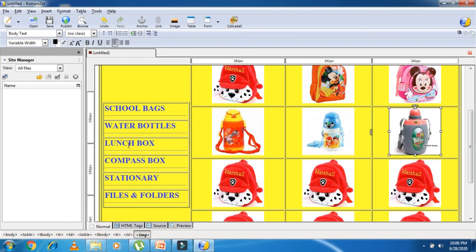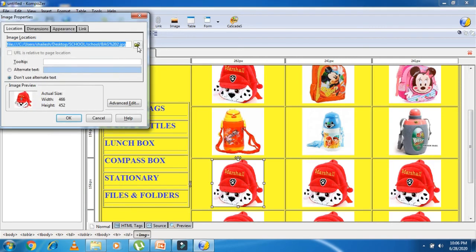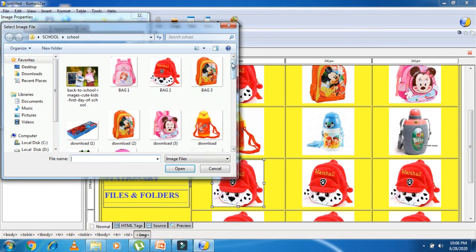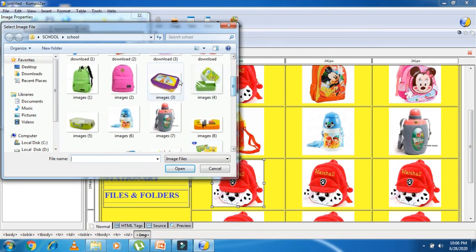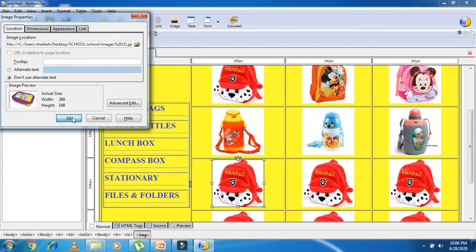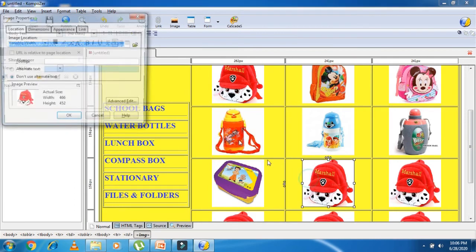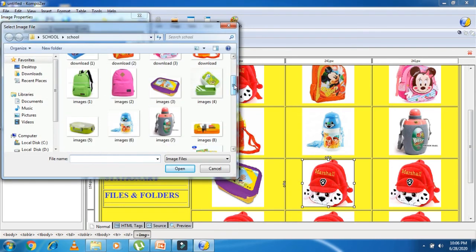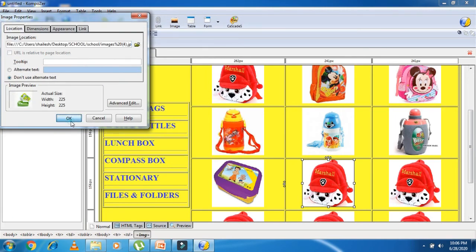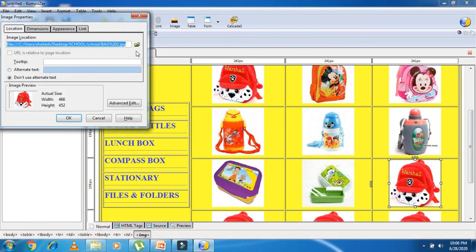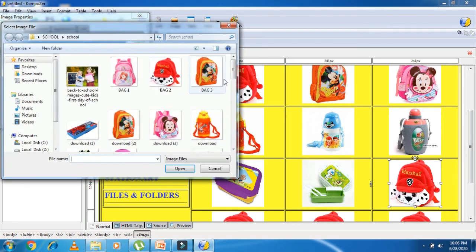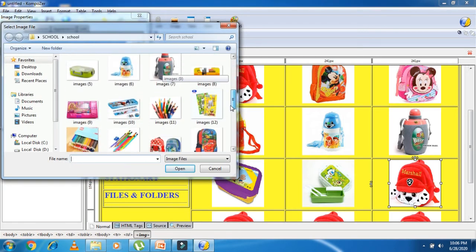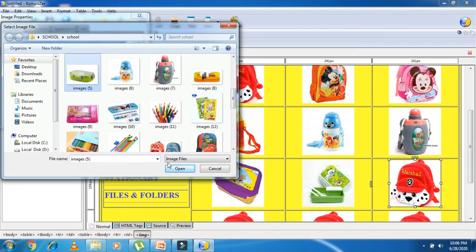Now the next is lunch box. So here I click, I select from here, I want lunch box, so I go here and open lunch box. Here also open lunch box. Here also double click and select the option lunch box.